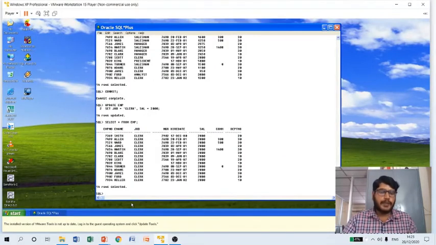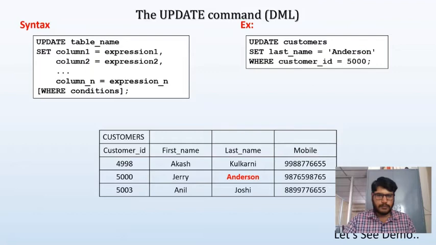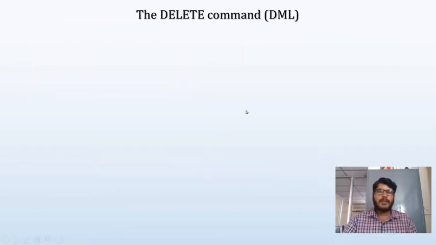Similarly, we can delete an existing record. To delete a record, we use the delete command. So delete is also one more DML statement.